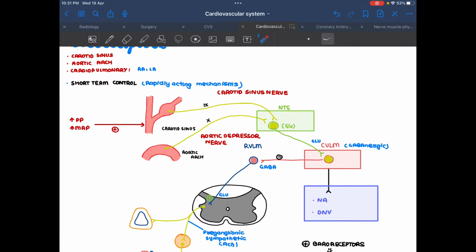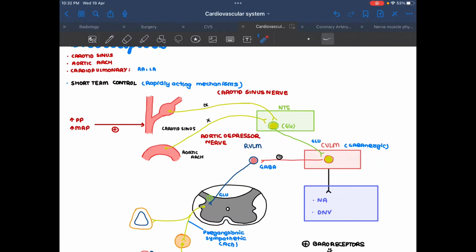Both of them are going to transmit the signals into one portion that's known as the nucleus of tractus solitarius. They're going to stimulate the NTS. These NTS neurons are glutamatergic neurons, excitatory neurons. These NTS neurons are going to do two things. First of all, they're going to activate a region in your medulla known as the caudoventrolateral medulla,